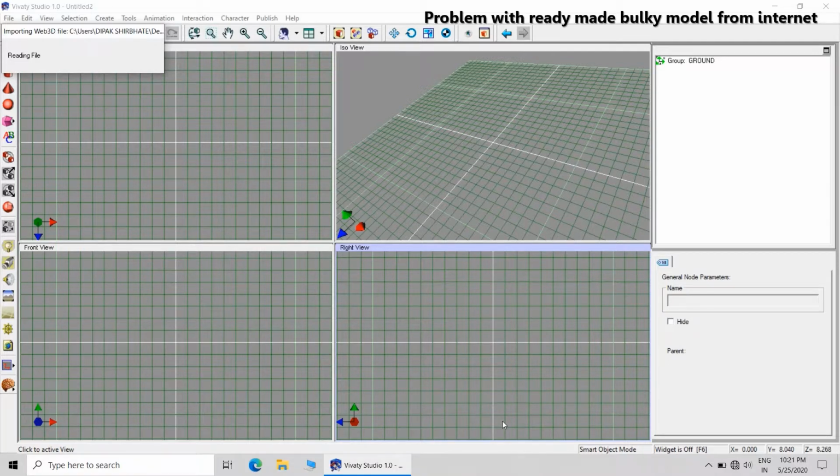From the size itself we can see that it is a downloaded model, and you can see that it is still reading the file, and ultimately it will hang and show that it is out of memory.